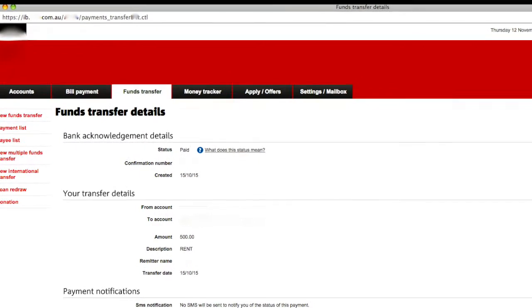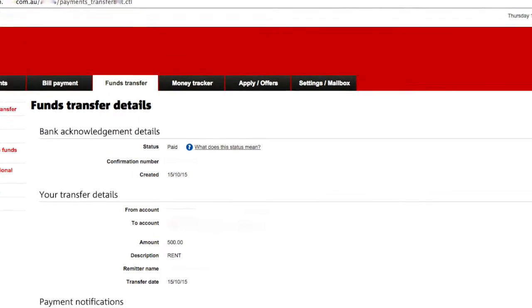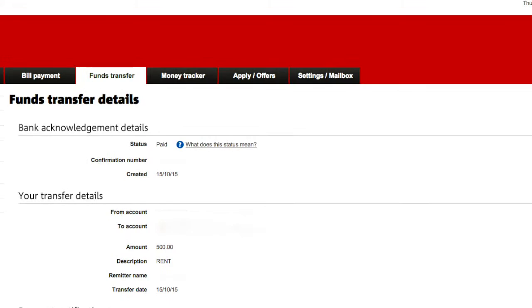Some of the tips a tenant can use include setting up an automatic regular payment into the bank account in which rent is required to be paid. If a tenant pays rent electronically, it will be important to account for electronic transfer time, which can be up to 2 days. For example, if a tenancy agreement states that rent is due every Wednesday by electronic transfer, then it needs to be transferred every Monday to ensure it reaches in time.